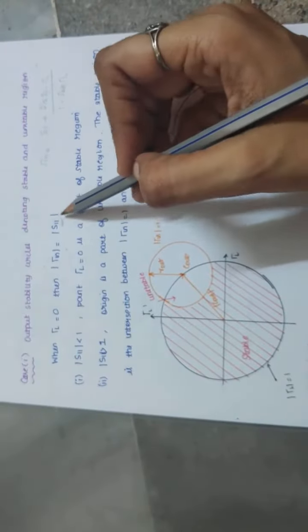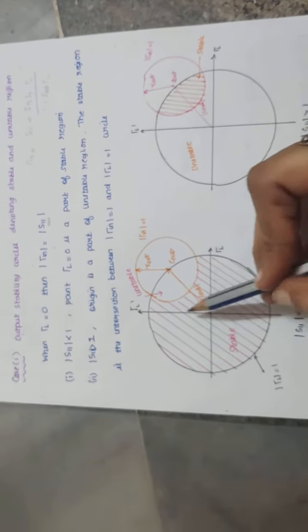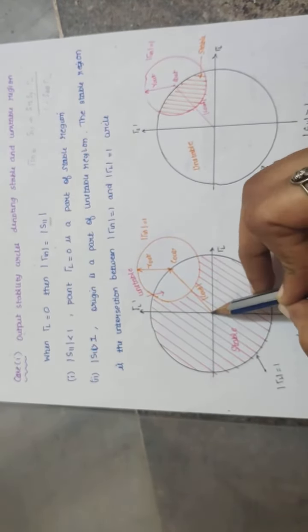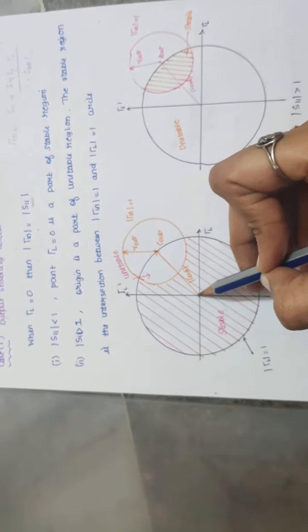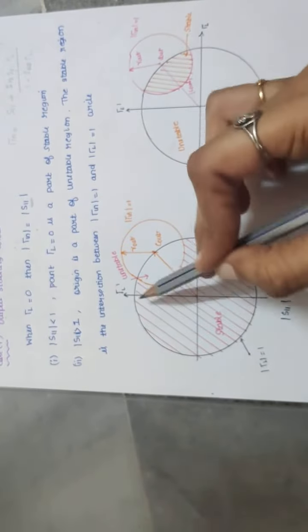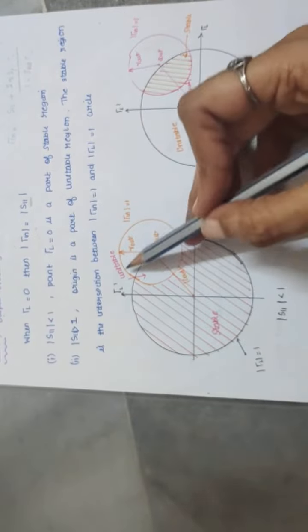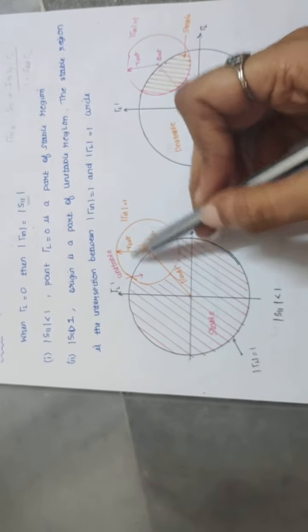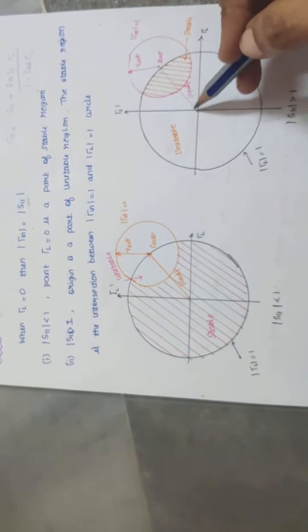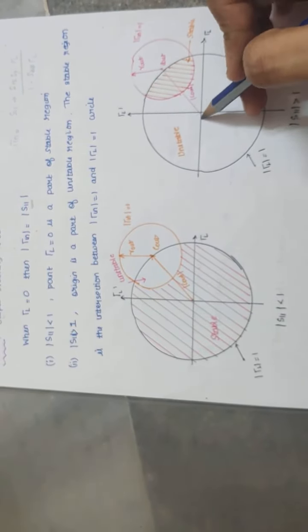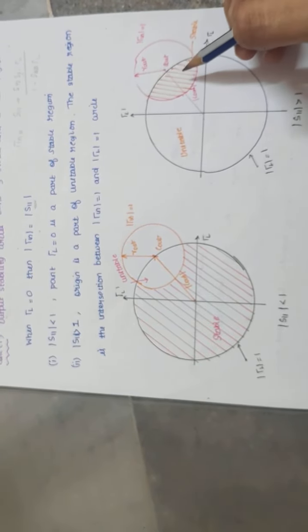an unstable region. Now when S11 is less than 1, it has to cover the center point, because this is your origin. So when the S11 value in the question is given to be less than 1, then after drawing the circle, the intersection region where the origin is covered is said to be stable in nature, and the other regions are said to be unstable in nature. Whereas when S11 is greater than 1, which means the origin will not be covered, this region is considered to be unstable. Only the intersection part is said to be stable in nature.